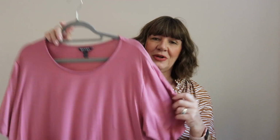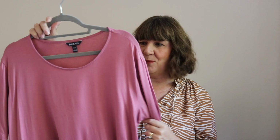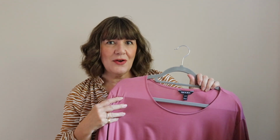And it was this little t-shirt top, which is called the Peace top, and there were also a pair of wide leg cropped trousers that went with it as well. And I thought these two pieces would be really nice for me when I was either in hospital or when I was convalescing. And actually, because I really like the colour so much,